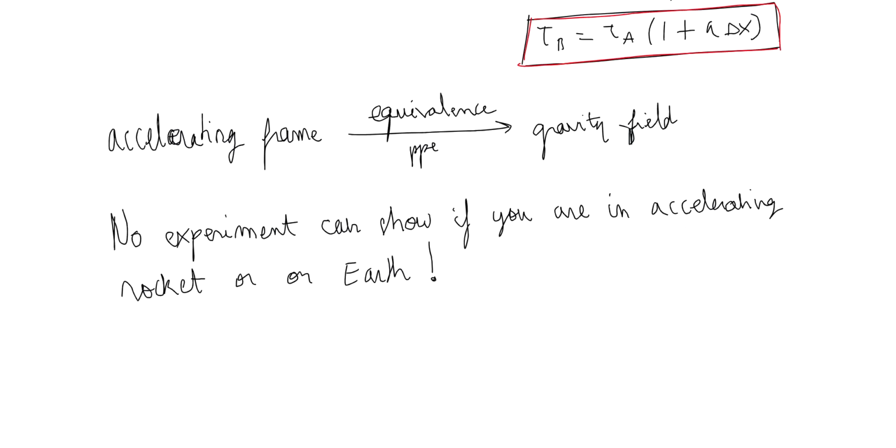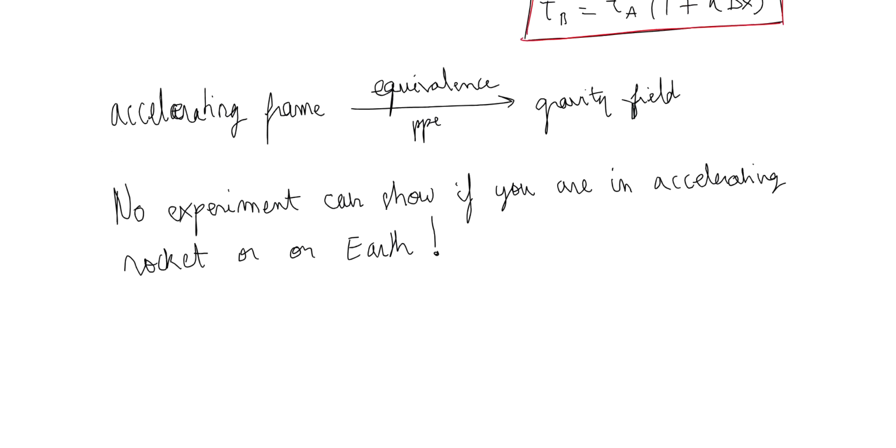So if you were blind, you would not know the difference between being in a free fall or being in outer space. And same here, if you have no windows in your rocket and no windows in your laboratory on Earth, you cannot know if you are in an accelerating rocket or on Earth, given that the rocket would accelerate at the same gravity acceleration as on Earth. So